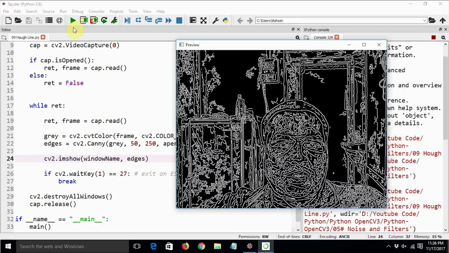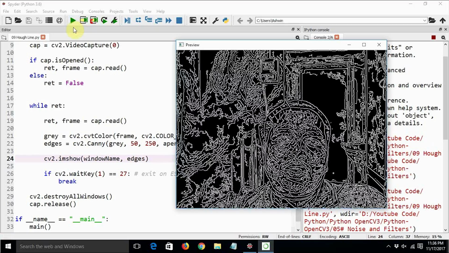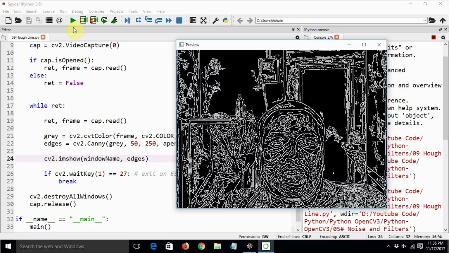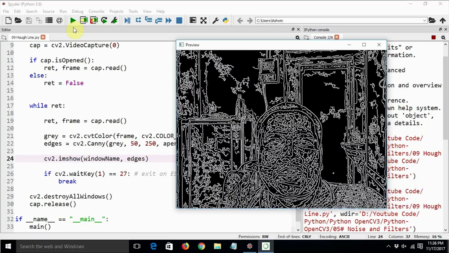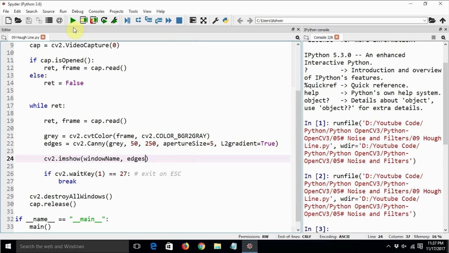It looks weird, but these are all the edges it is calculating in real time using the Canny edge detector algorithm. First we are converting all the frames to grayscale, and then we are feeding that grayscale live feed to the Canny edge detection algorithm.